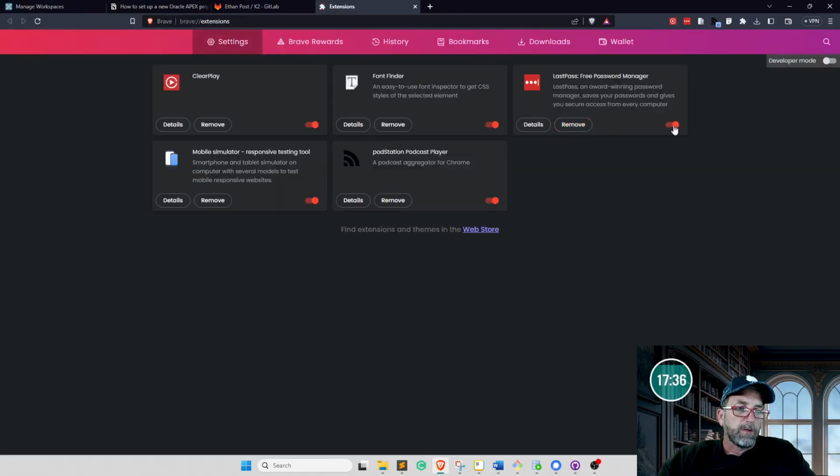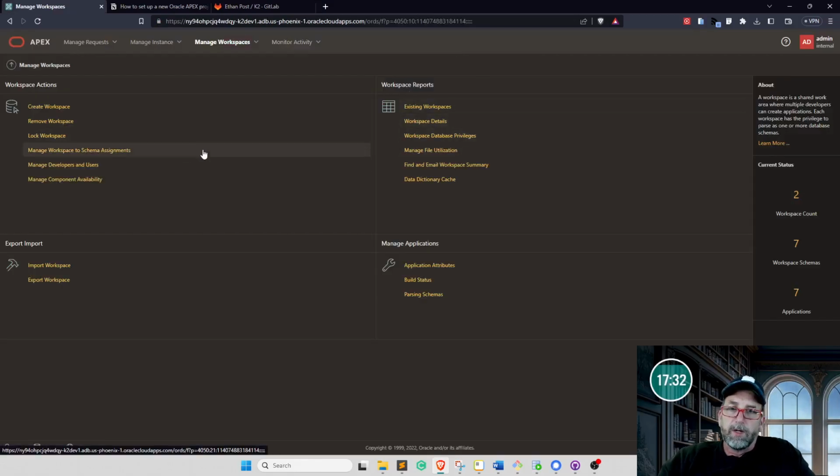And, oh, please. I'm trying to get off of LastPass since they're breach. I'm not too happy about that. And I'm just using Brave's